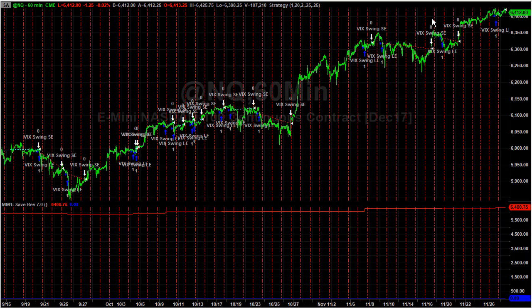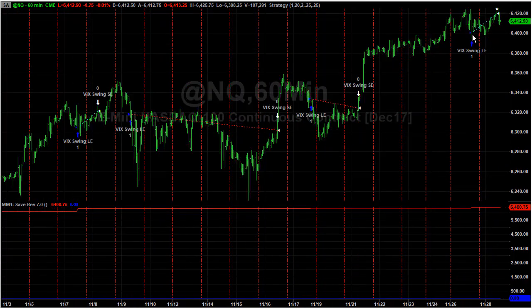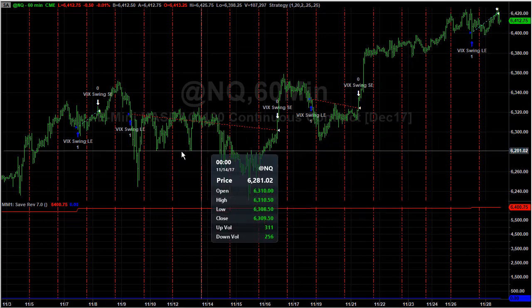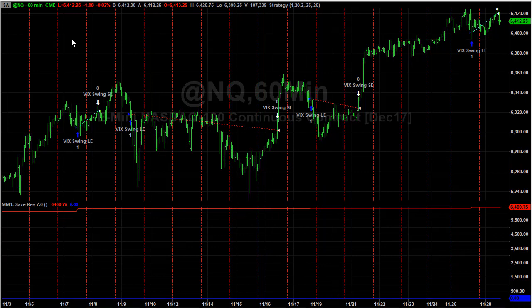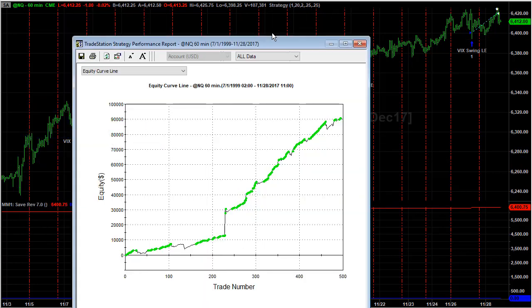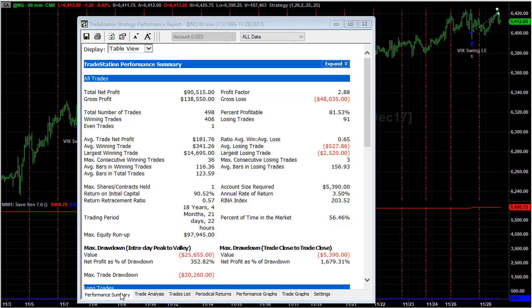The strategy shows that it would have been in here and exited here after two losing trades right here. Let's take a look at the performance summary for this strategy going back to the beginning, July of 1999, and nice equity curve. This is a closed trade equity curve. It does not show you the intra-trade drawdowns, but you see that there is a $25,000 drawdown on the base